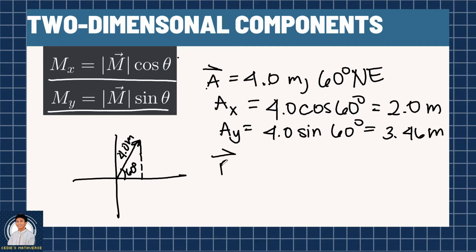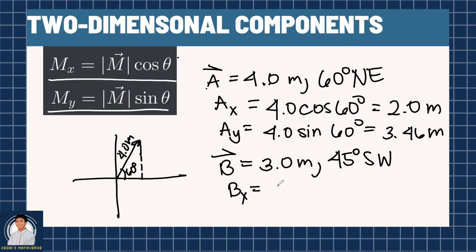How about vector B? Vector B is 3.0 meters, 45 degrees southwest. This implies that the x component of vector B is 3.0 cosine 45 degrees. Since this goes west, we know that the direction is negative, which means we put a negative sign beside this one. So we have negative 3.0 cosine 45, which is equal to negative 2.12